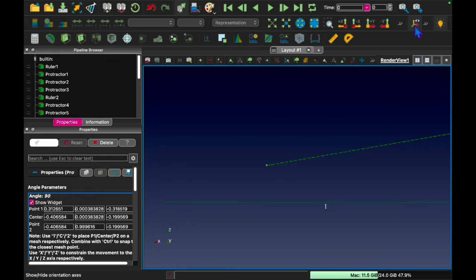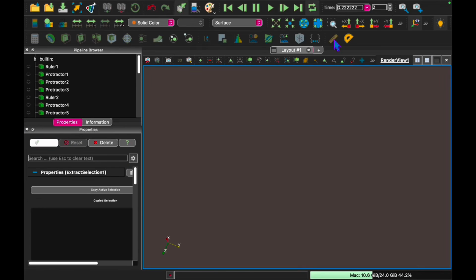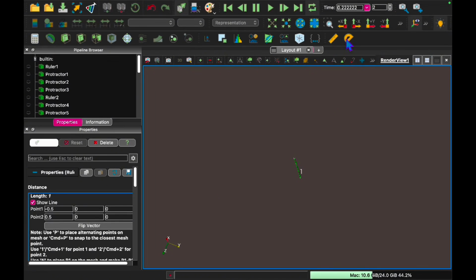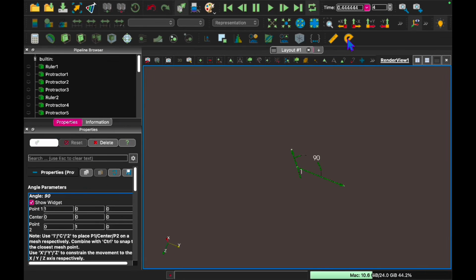You can toggle the coordinates here, the XYZ coordinates with that button, as well as the lights on the vertex here. You can drag the vertex, new ruler, new protractor with these two buttons. And of course, you can get any angle you need just by dragging, and any view you need by dragging